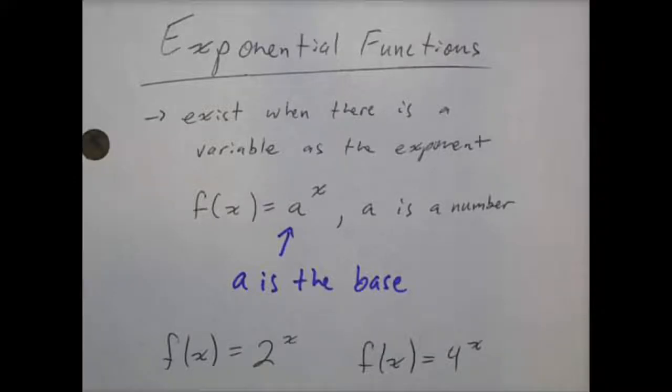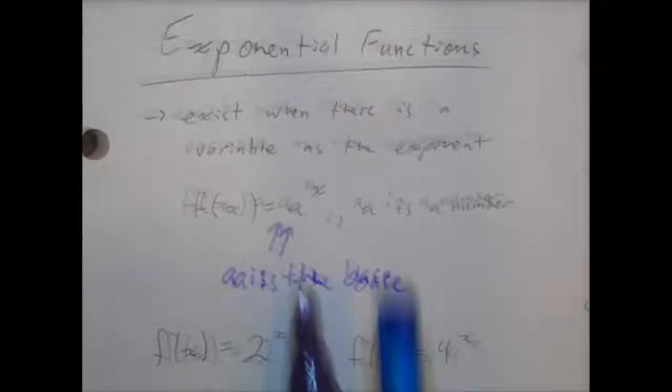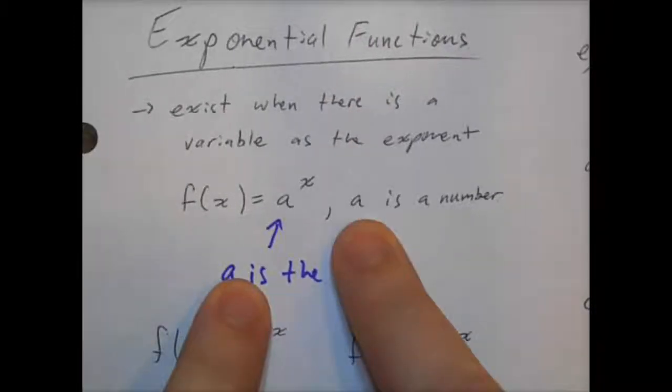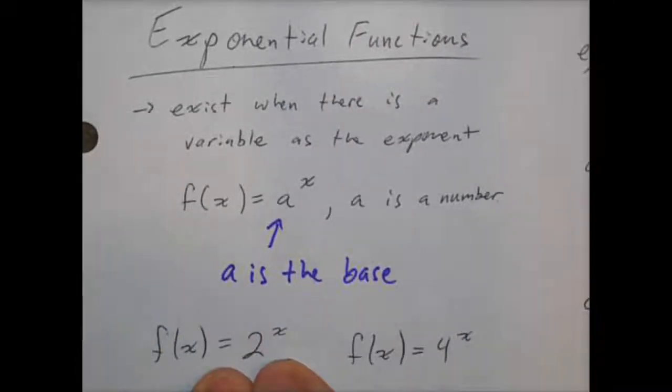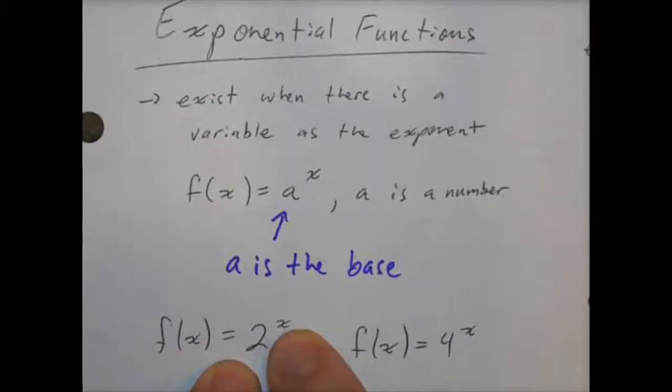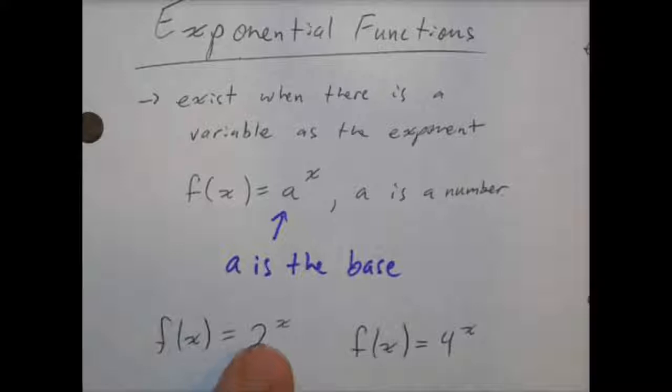In this video, we are going to be talking about exponential functions. Really, all that means is just that we have a variable in our exponent. Here we have a to the x, but we're going to assume that a is a number. So like here, this is the function 2 to the x, so that x is in the exponent. What that means, essentially, is it's taking this number and multiplying 2, x